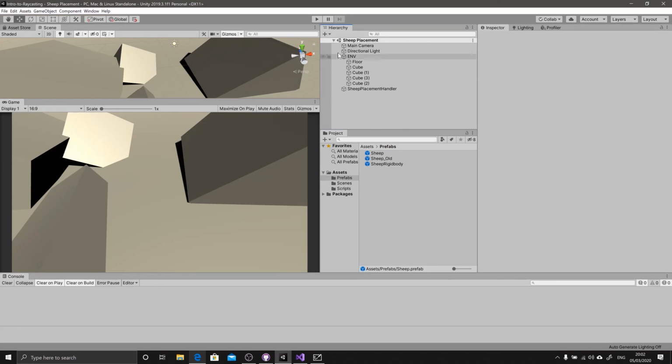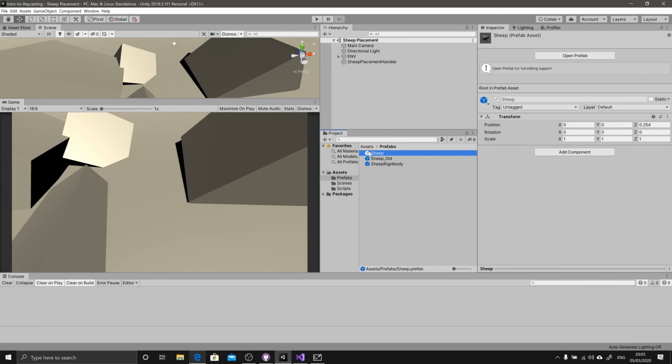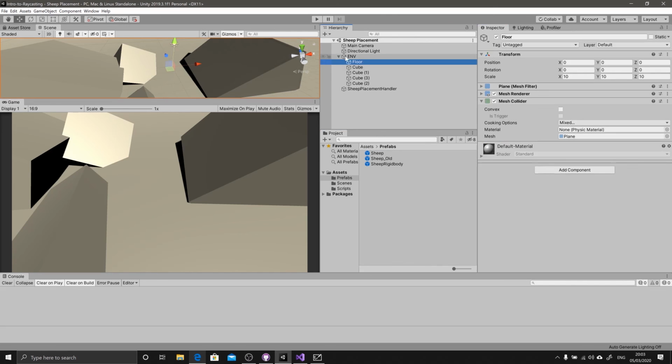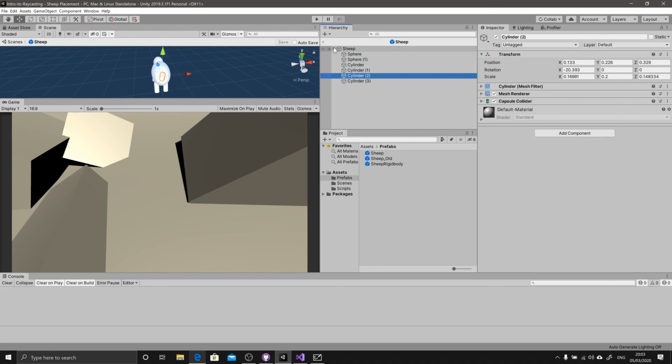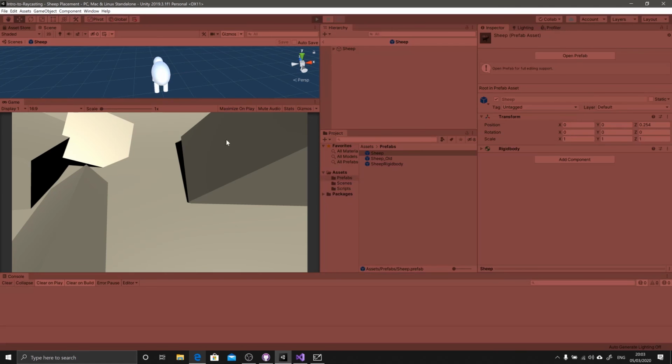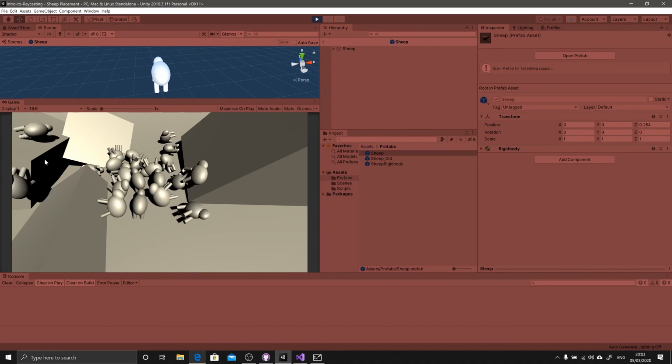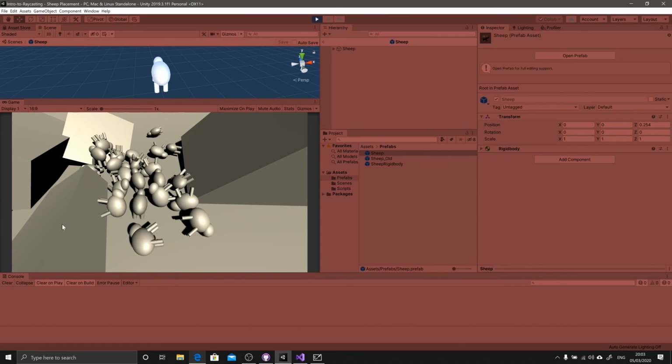So in our sheep component, which currently isn't in our scene because we deleted it, but in our sheep prefab, we can add a component of type rigid body. What's beautiful about the rigid body and the way that it works in Unity is that it applies to both the parent object and all its children. So it looks for colliders on everything under this object. So once we apply it, all of the colliders that we added to sheep are going to come into play, which means that without doing any more code, we just added a rigid body to sheep. Once we play, our sheep start falling down. And wonderfully, that ends our